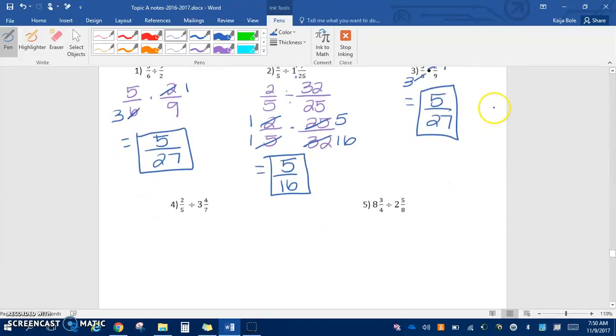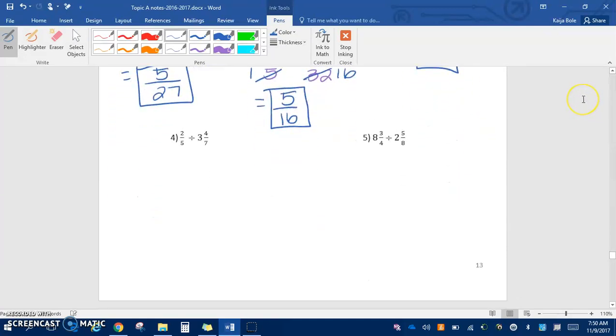Alright, down here for number 4, we have 2/5 divided by 3 4/7. First we keep the 2/5, divide, now we have to change this to an improper fraction, so we multiply the first two. So 7 times 3 is 21, plus 4 gives us 25/7, keep the denominator. Now we multiply by the reciprocal, so we get 2/5 times